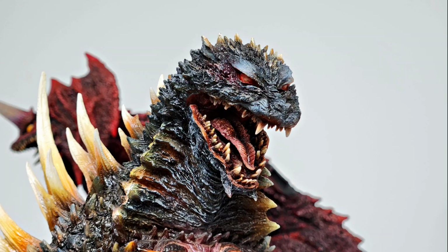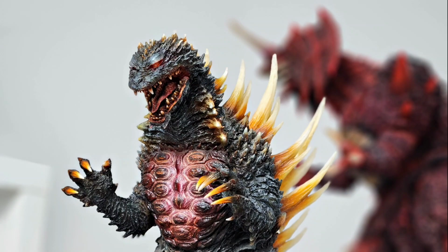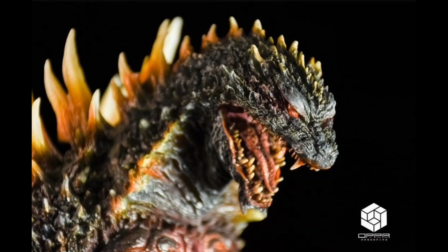So here's the other thing about this. I didn't paint this guy. I always imagined that when I finally found this piece for a very affordable price, that it would be in a box, unassembled, and I would have to spend a majority of my time trying to figure out the color palette of what I was going for. I came across this guy for a really good price, and he was already built and painted